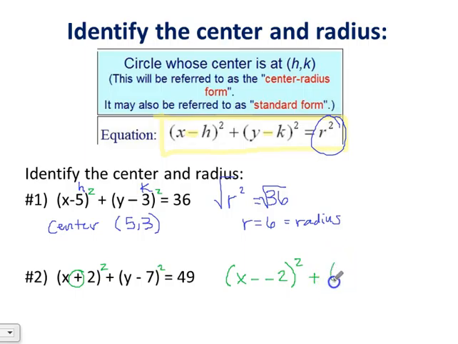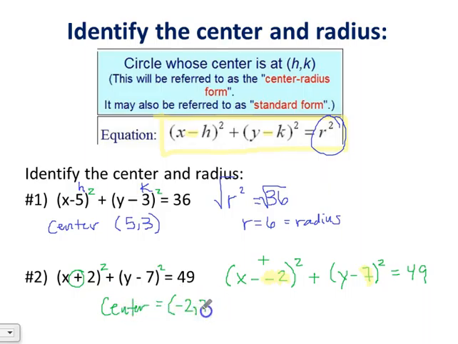Plus, I'm just going to rewrite this so that we've got it written with negatives. So I haven't changed the quantity because I know that a double negative is the same thing as a positive. So I haven't changed the quantity at all. So here's my h and here's my k. So the center of the circle then would be at